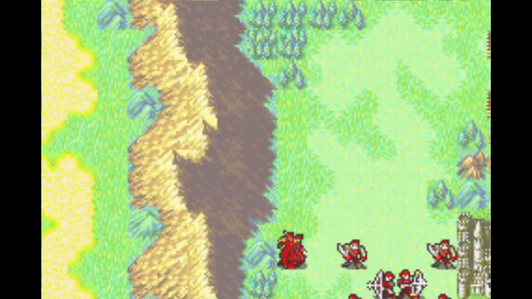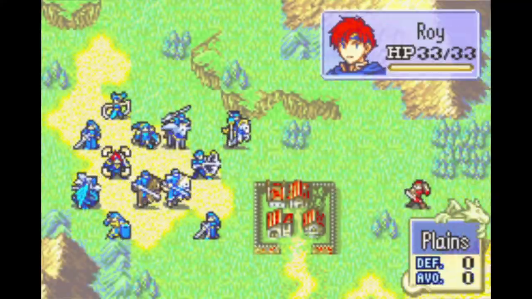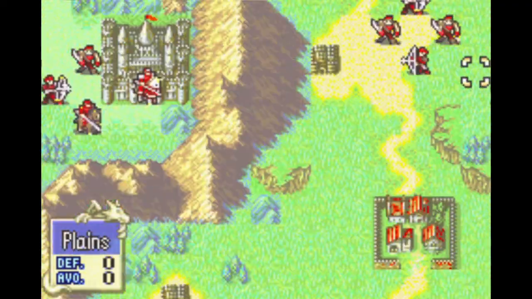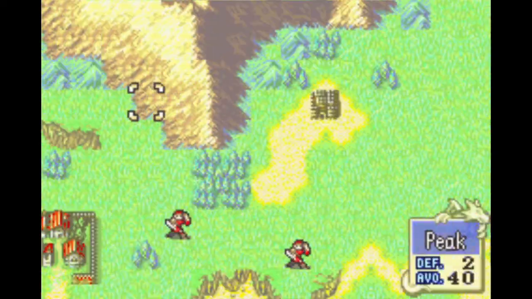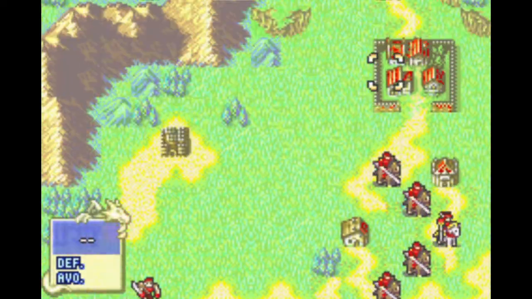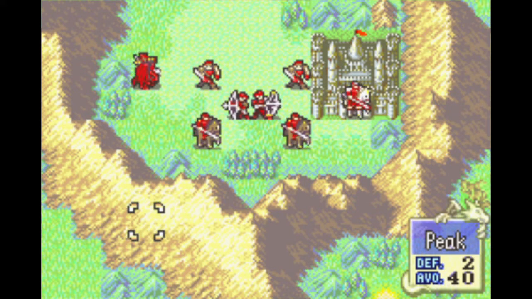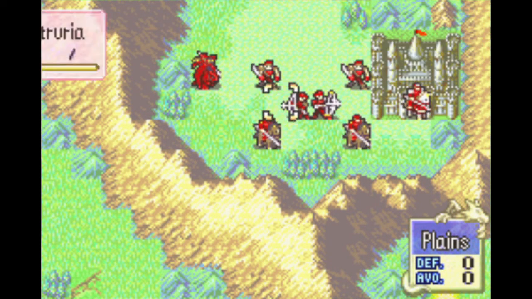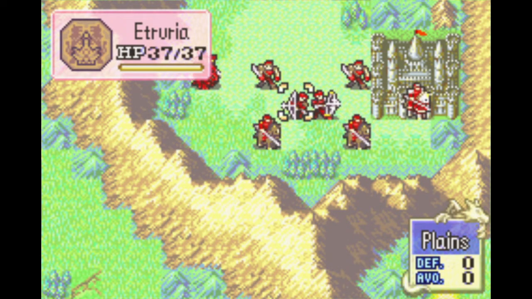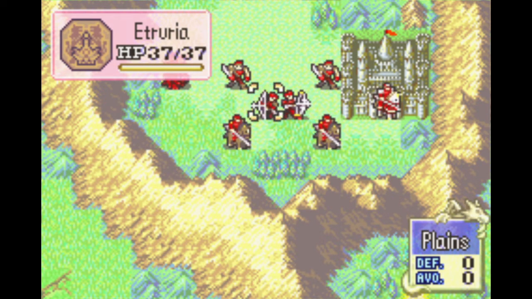So anyways, I'll go over the map real quick. This map kind of spirals a bit. You gotta go around. If you're playing this normally, you go around the mountains and stuff. Now it's very easy to warp skip this chapter, as you can probably imagine. Well, it's not incredibly easy. There's these guys here to worry about, but whatever. Anyways, I'm not going to warp skip this chapter because it's actually interesting,